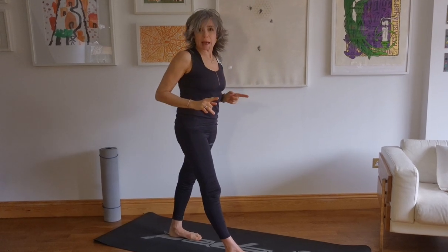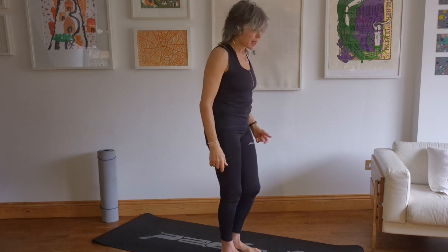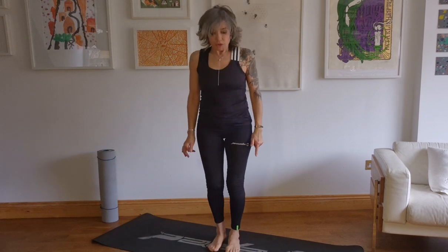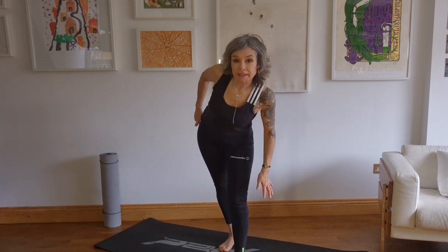So what often happens in that, and step the right foot next to the left, left foot next to the right. Left and right, it's a nightmare, isn't it? From there, you're going to step forward with the left foot. So what often happens in this, what is quite a simple asana movement, is this kind of thing, where the